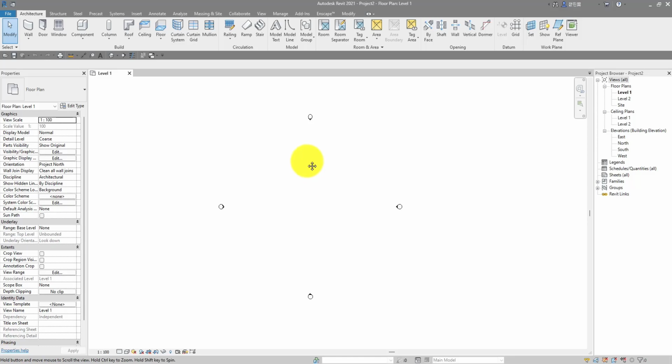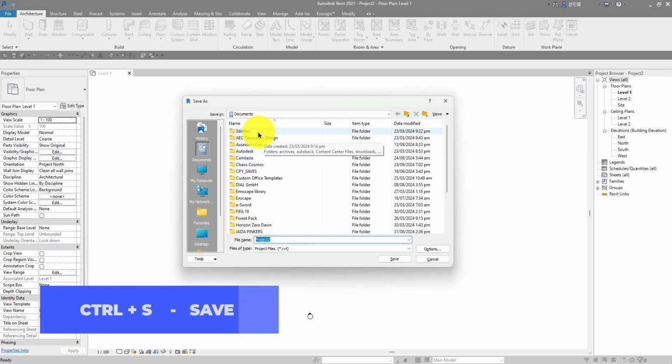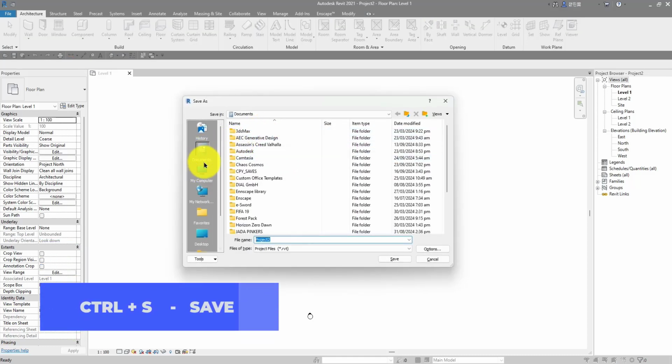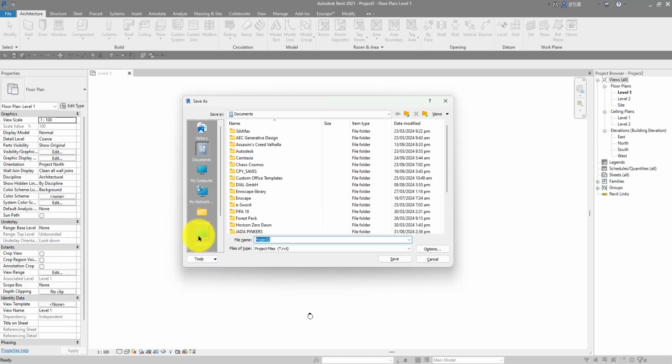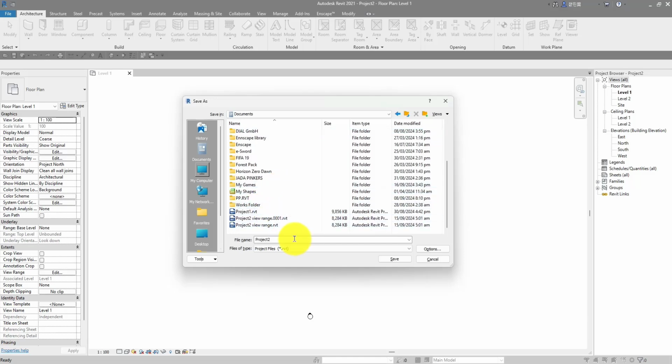All right, the first thing we are going to do is save our project. The file is not saved. It's very, very important. So I'm going to hit my Control S on my keyboard, and then I'm going to save that project. You can decide on where you want to save it. Some people might like to save it on their desktop. I'm going to save it at documents, and I'm going to call this hotel design